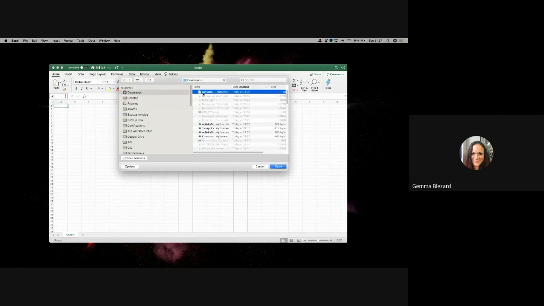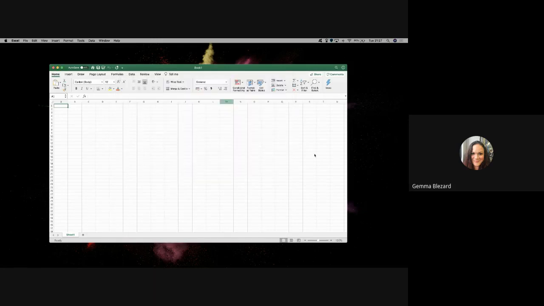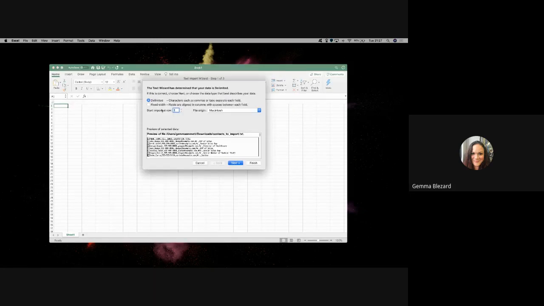And I'm going to find my new file, my contacts to import text file. Double click. And you will see you get the option to show whether your text file is delimited or not. So delimited means separated by a comma or a tab to separate each field. Fixed width is if you've got everything in a consistent